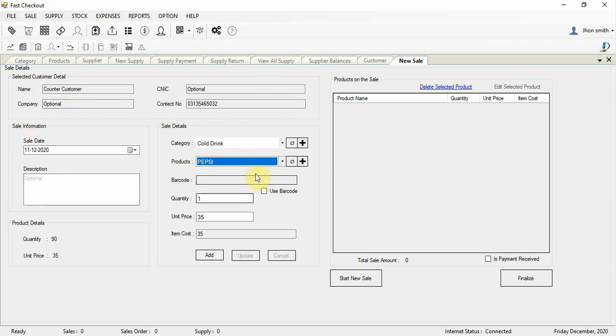This is the selected product's current quantity, and this is the sale detail where you add the product to the sale cart, meaning the products on sale. So now I'm going to sell Pepsi to a customer. If you have a barcode machine, then click here on the barcode, and the product will be added here automatically. So now I'm selling to the counter customer 2 Pepsi bottles and 3 7-up,